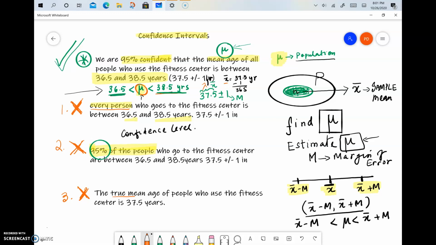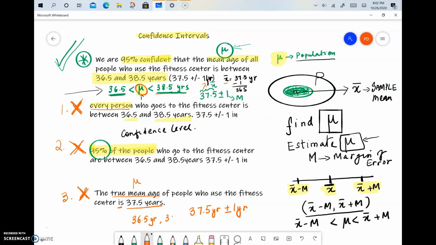The true mean age of people who use the fitness center is 37.5 years. Remember, the interval was given as 37.5 years plus or minus 1 year, so it's 36.5 years